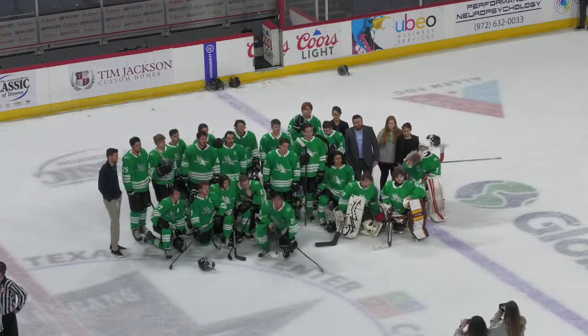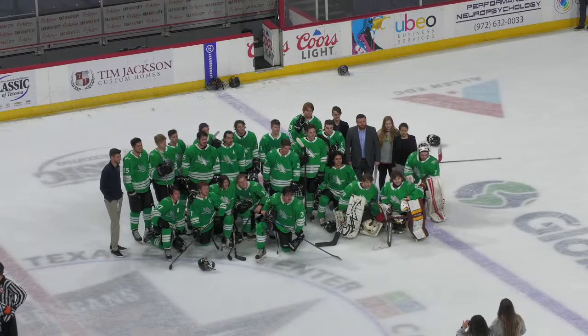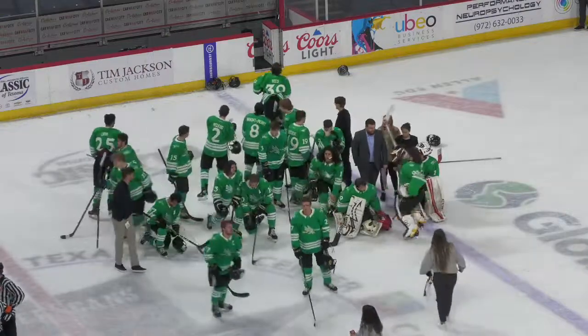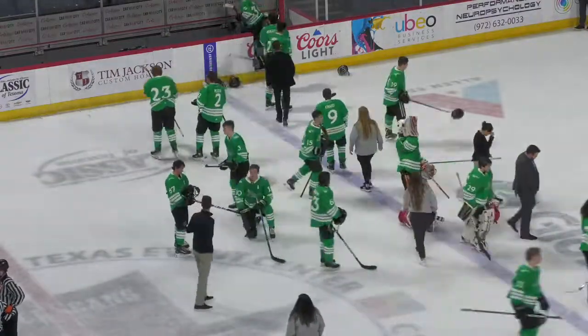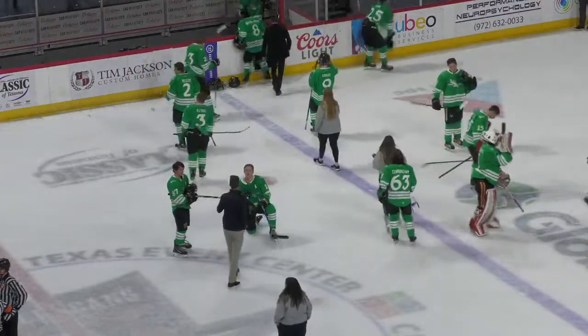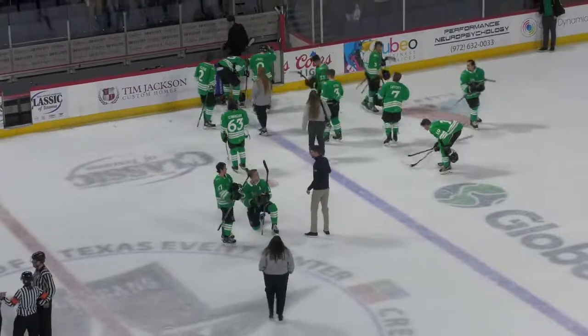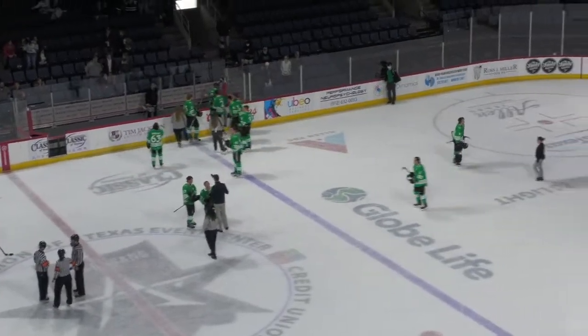As 32 shots to 42 shots, SMU very offensive this game, but just found the back of the net a few extra times than North Texas. And North Texas just did a great job on finding those open shot lanes, but SMU just had too many. As this 10-8 loss to SMU,